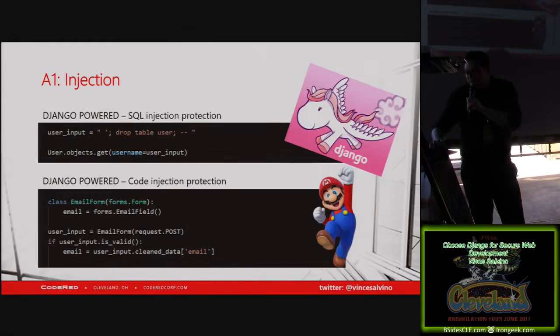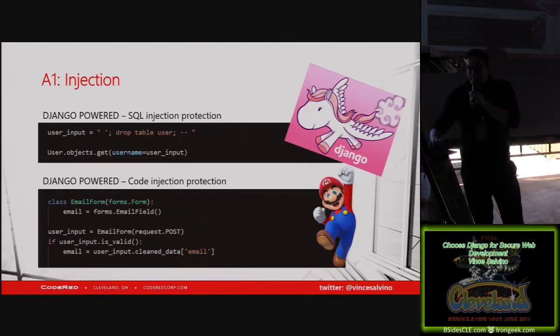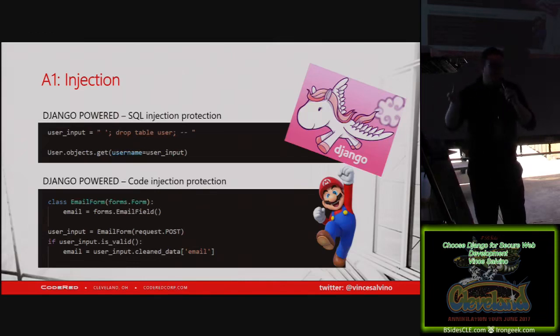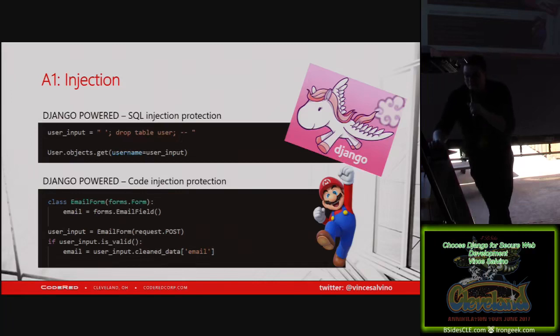Let's try powering it up with Django. Nope, it's not going to work, is it? Okay. So we just powered up with Django. Our user input is still really nasty, but instead of doing raw SQL, we're just going to use the built-in Django ORM, and it is used to retrieve information from the database, and something as simple as user.objects.get, username equals username. Doesn't matter if they put something nasty in there, Django's going to parse it out and make sure that it's safe. And that is the default way of accessing anything in Django. So you're already covered from SQL injection attacks right out of the box.